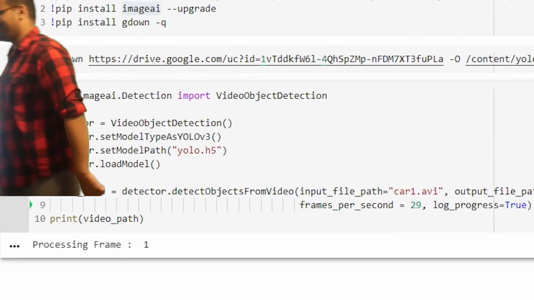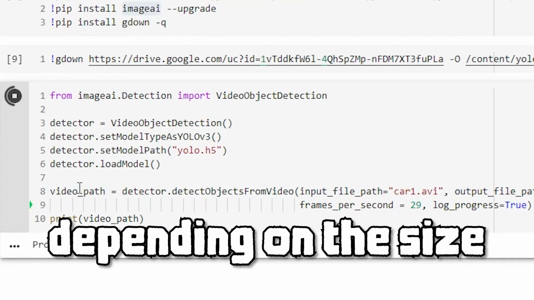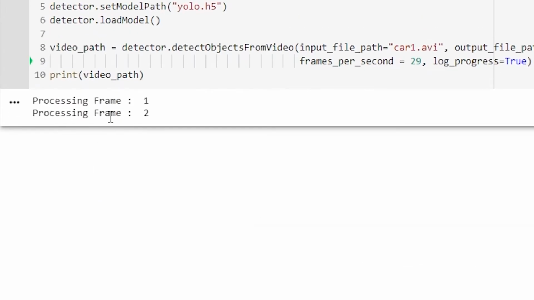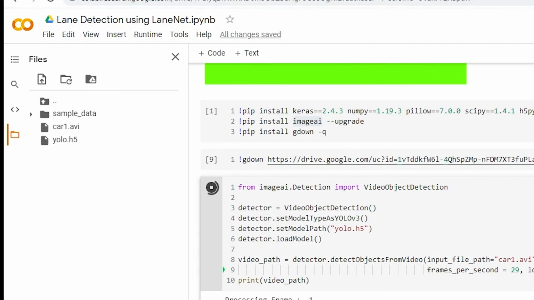It'll take a few seconds, a few minutes actually, depending on the size of the video and depending on how many frames it has. So it'll go through all the frames and one by one detect all the objects for us. Once everything is done,